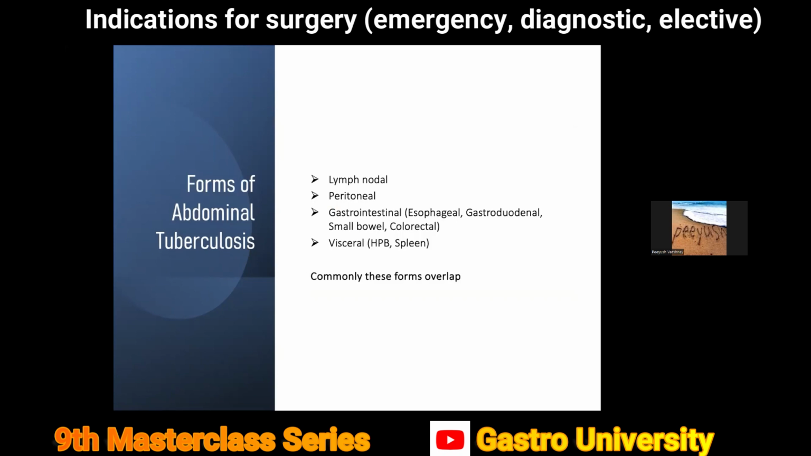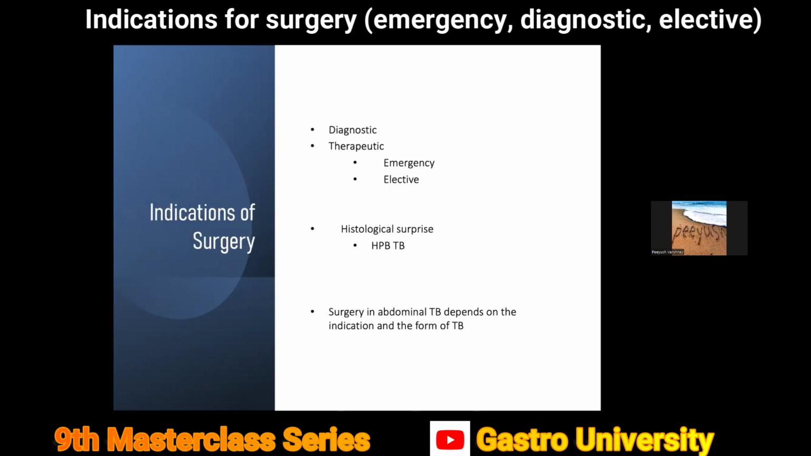So there are various forms of tuberculosis like lymph node, peritoneal, gastrointestinal, visceral, solid organ, and commonly these forms overlap. It's very rare to see an isolated tuberculosis of one particular organ in the abdomen and the other is not involved. So these are mainly overlapping forms. Broadly, these can be divided into a diagnostic indication for surgery, and then a therapeutic. Therapeutic may be elective or emergency. And finally, the histological surprise that we already discussed, mainly in the solid organ TB